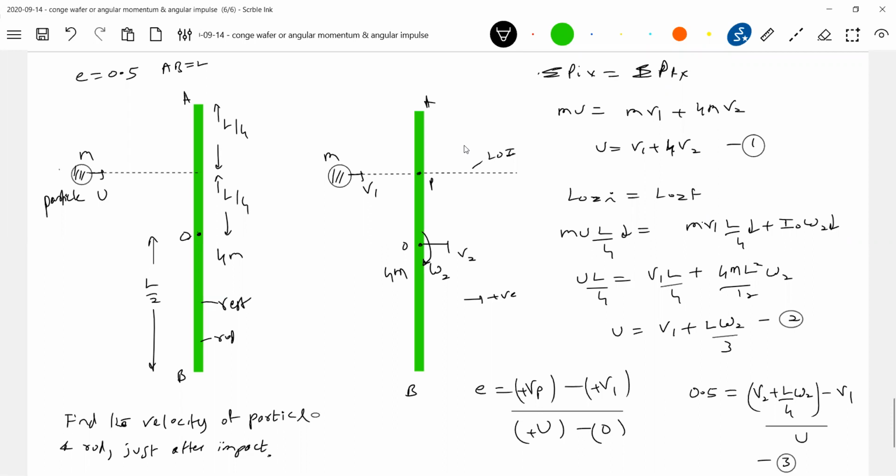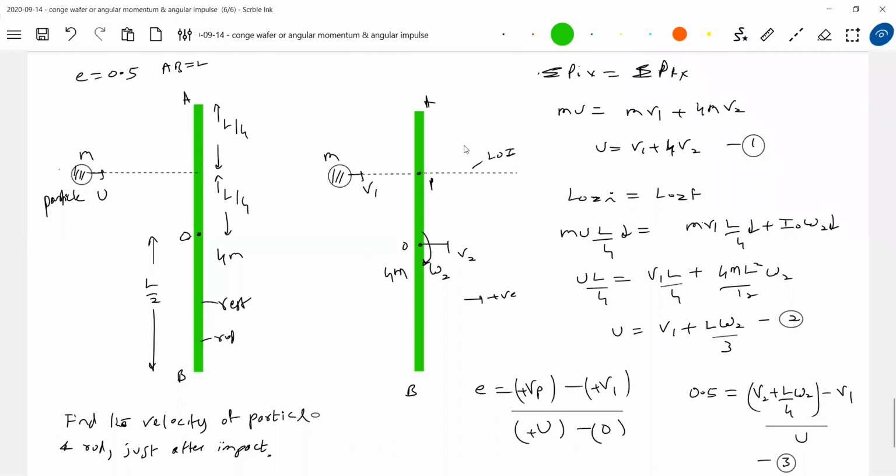It's an inelastic collision. So what are the possibilities? Elastic, perfect inelastic, and inelastic. So it's all about whether the particle gets stuck, you have to be careful. Then it will rotate about the center of mass of the system. If the particle does not get stuck to the rod, it will rotate about its center. I think if you can identify this, you can manage the rest of everything, okay, you know.